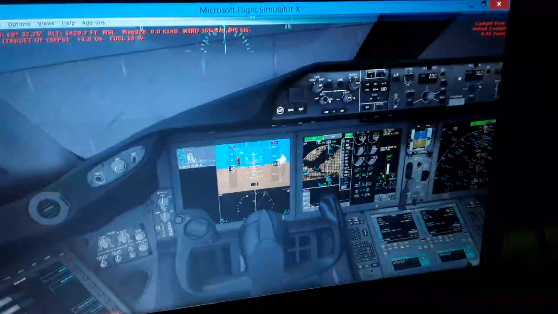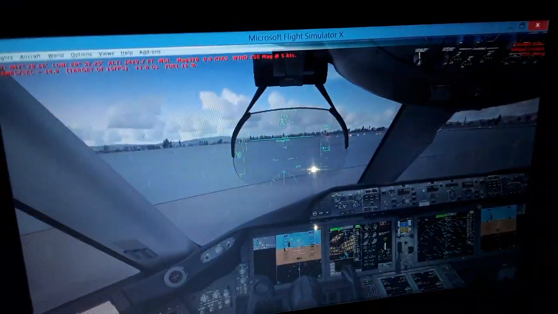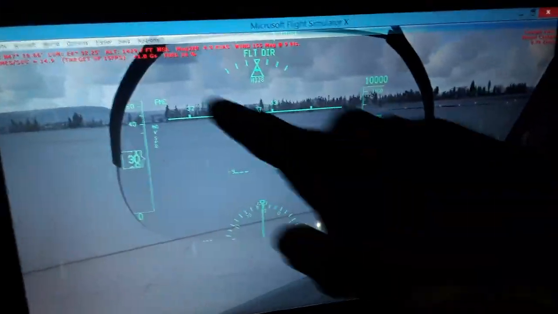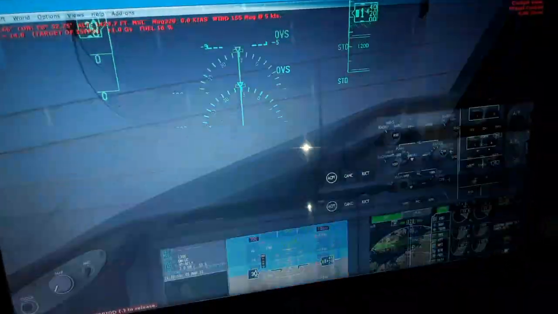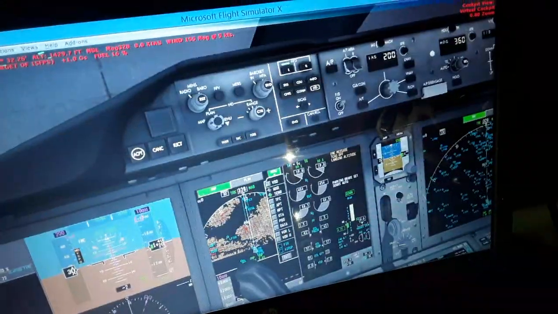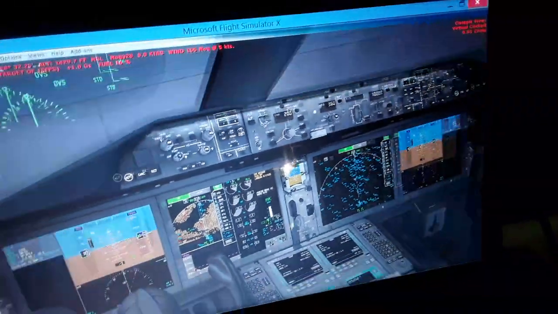We have takeoff and go around also. Also the head-up display over here, you can see it displays the same things as the primary flight display, all the indications as we define. So you will see